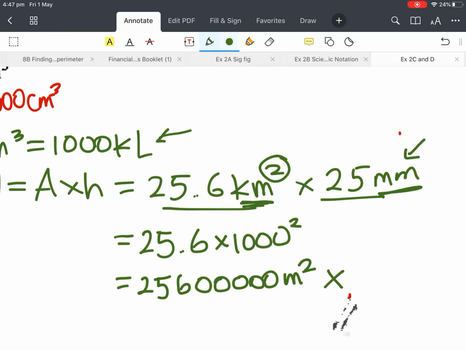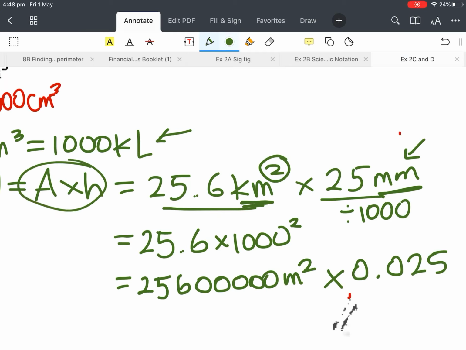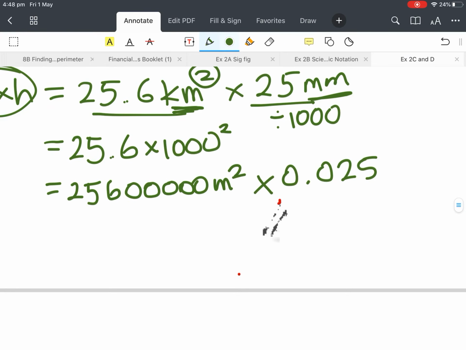So now let's change the 25 millimetres to metres. So millimetres to metres, that means we're going along the bottom of your length diagram. So I'm going to divide, and I know there's 1,000 millimetres in a metre, so I'm going to divide by 1,000. When I do that, I get 0.025. All right, beautiful. So now I'm doing volume, and to do volume, I have to multiply. So multiply those two on my calculator, and I get 640,000